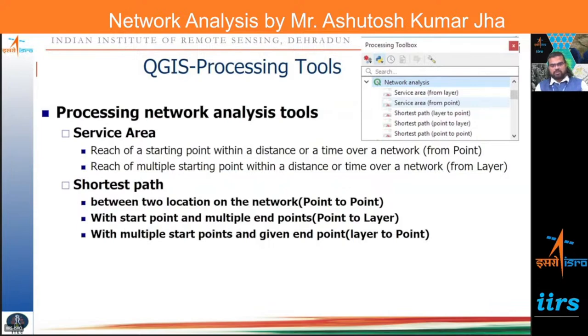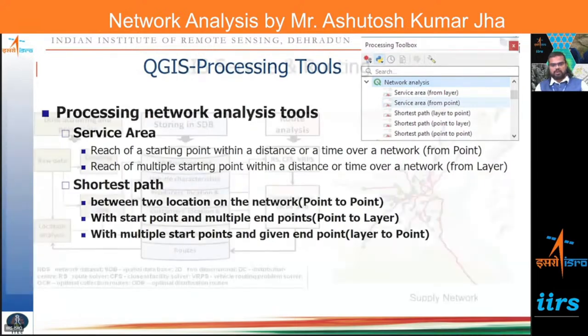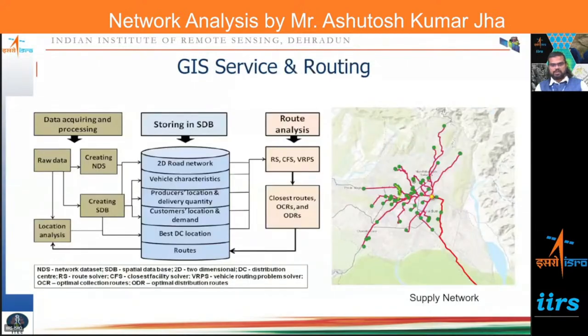And then we can also get a shortest path based on the point, or a shortest path from one point to all the other points available, or all the other points to a particular point. So these are the kind of shortest path operations we can do. For that, in this example we'll be using a GIS routing analysis. Generally you'll have different